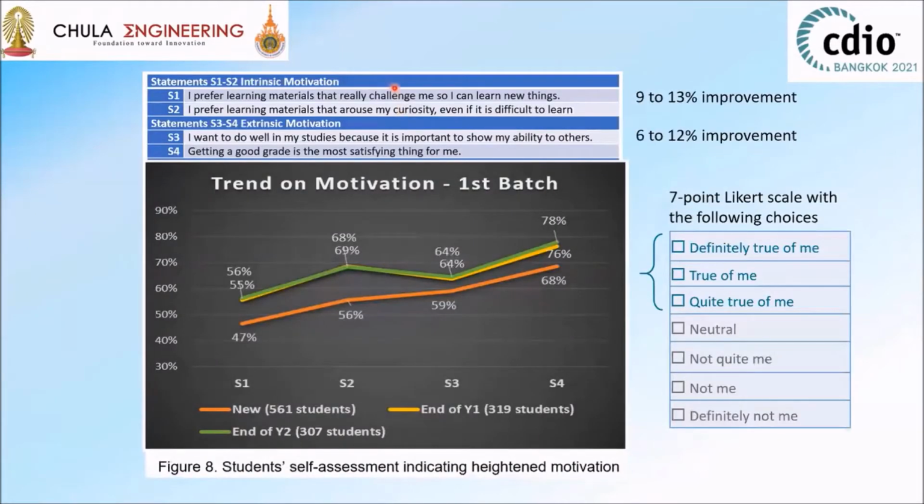Okay, let's dive into intrinsic motivation, S1, S2, S3, S4, and extrinsic motivations. Let's look at the same cohort who joined us 2 years ago and how they are doing now, after 2 years, which is in green color. You can see that from green compared with orange, in all aspects, they have made a significant improvement, from 6 to 13%. This is on the 7-point scale about how well they agreed with the statements here.